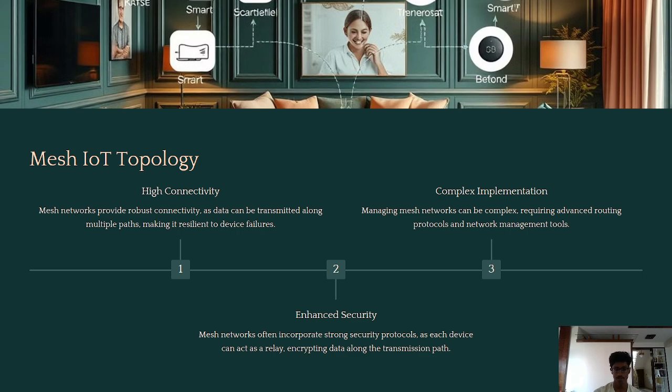As we said, in mesh IoT topology, there is high connectivity, complex implementation, and enhanced security. Mesh networks provide robust connectivity as data can be transmitted along multiple paths, making it resilient to device failures. As peers are connected to each other, the communication can happen between any nodes across the topology, where it doesn't have to go to the central hub, request data and then transfer it to the required